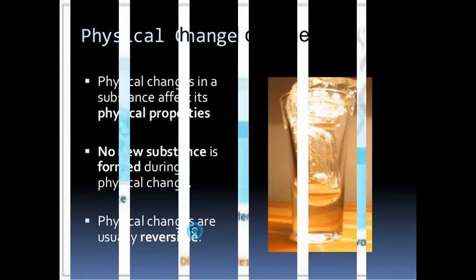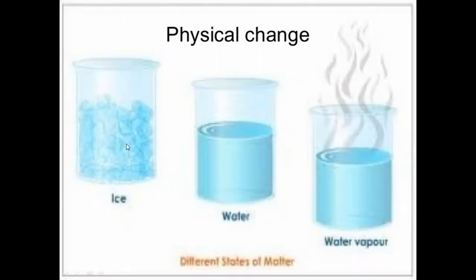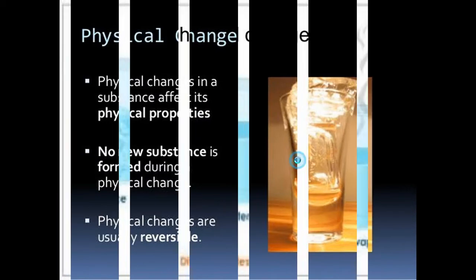What is meant by reversible? As you see here, the ice changes into water and the water changes into water vapor. Can you change it again into water? Yes, of course. Water vapor can change again into water. How? By condensation. What about the water? It can also change again into ice by freezing. Excellent. So most of the physical changes are reversible, meaning that they can revert or change again from one form